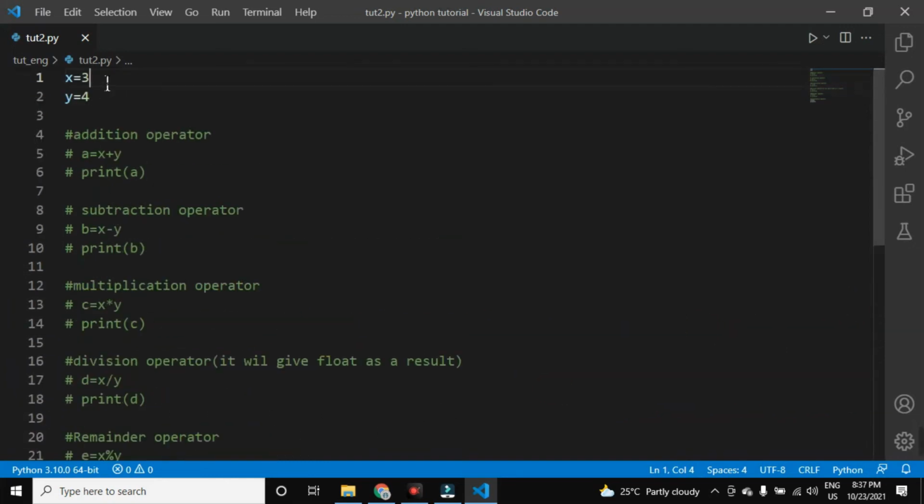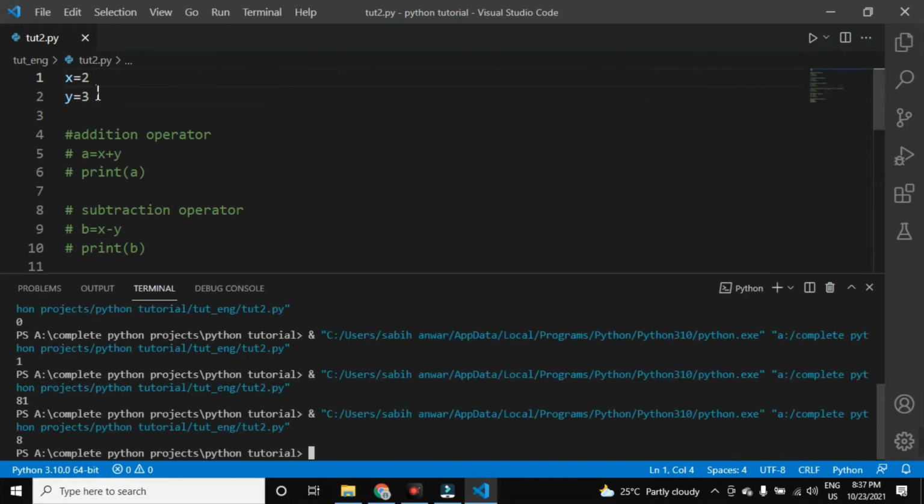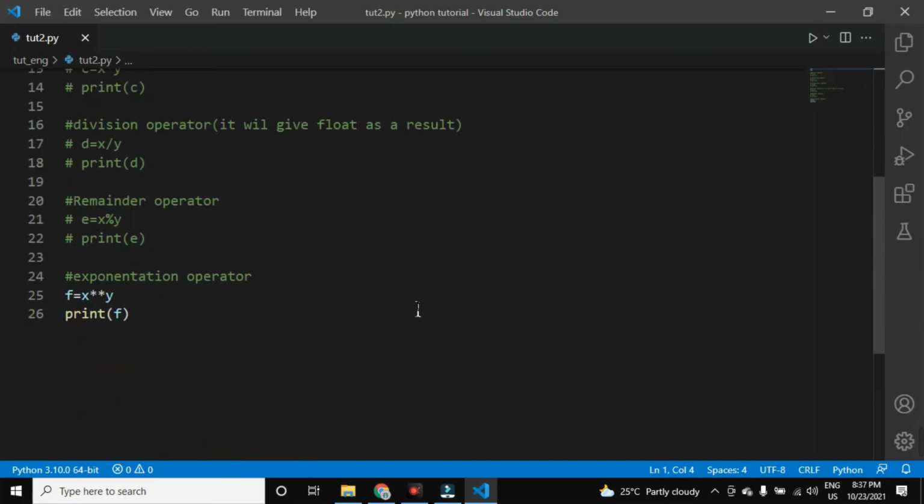If you write a lesser number, 3 in y, let us assume 3 in y and 2 in x. Run Python file in terminal. 2 times 2 is 4, 4 times 2 is 8. It means 2 into 2 into 2. You can write it over here in the comment section.